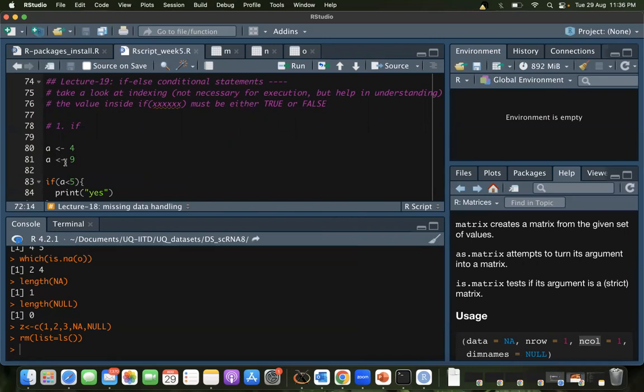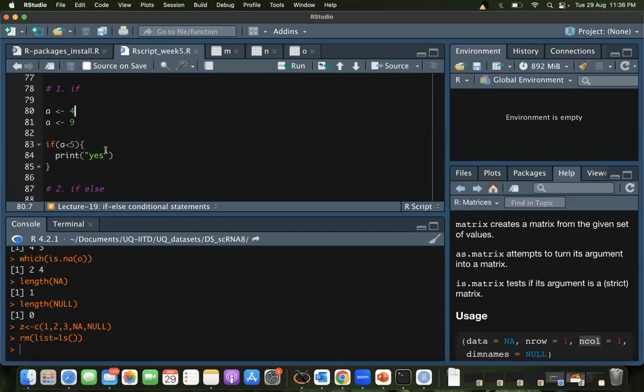Now, if also takes in, so the values inside of if should also be TRUE or FALSE. Okay, so that is important. It can be a single TRUE, it can be multiple. We'll see how it evaluates those, but it needs to be TRUE or FALSE only, not any number, not any character, nothing.